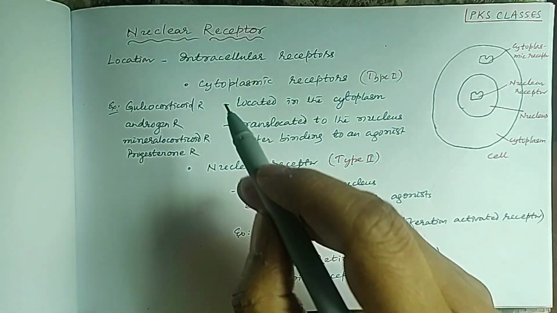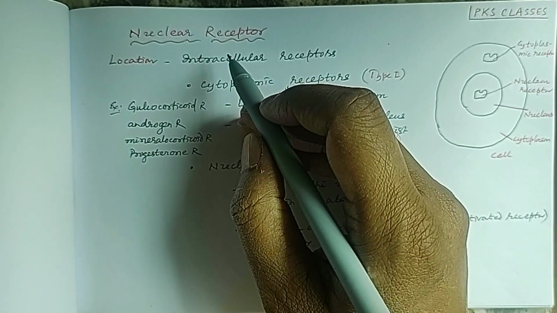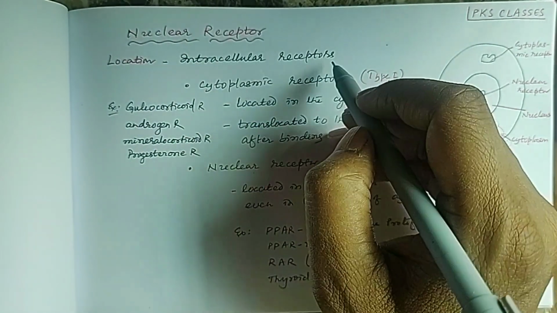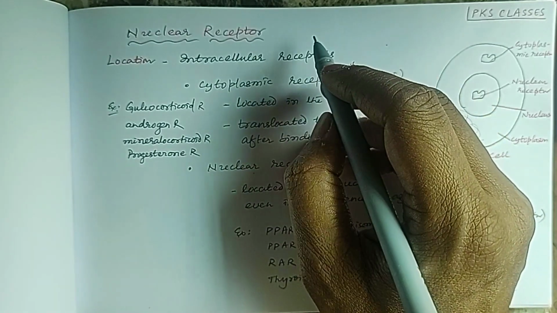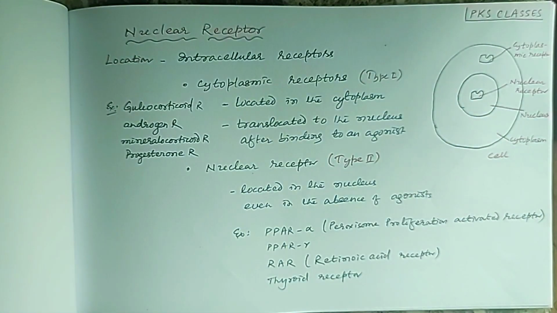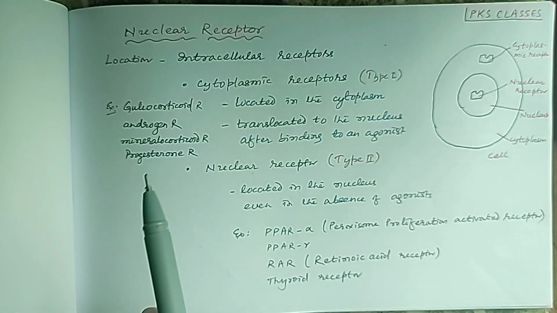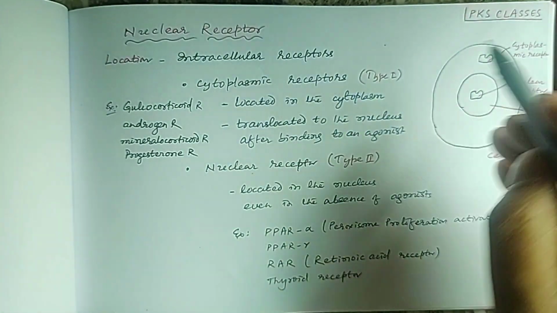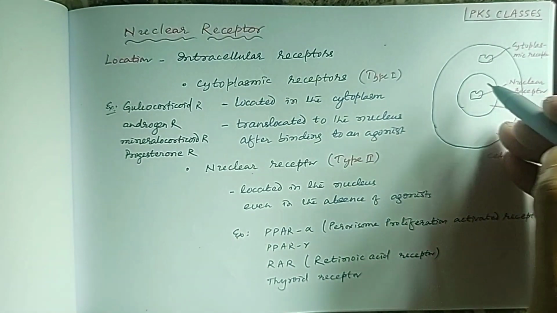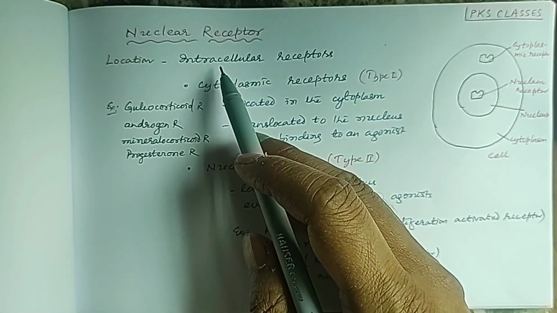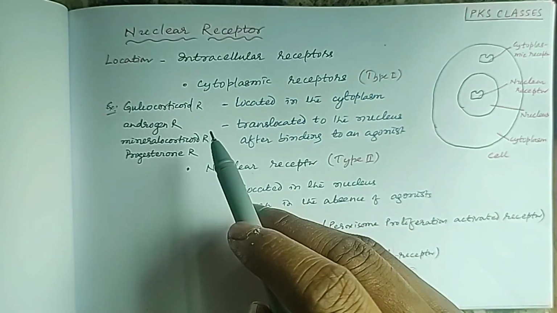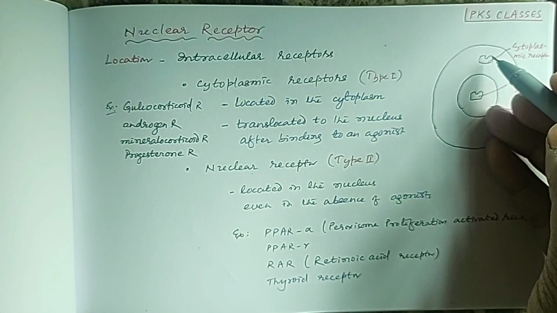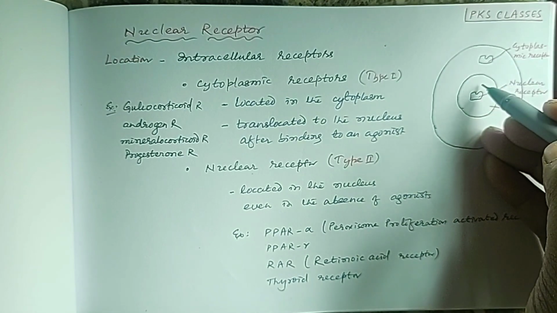Today we will study the nuclear receptor. These nuclear receptors are basically the intracellular receptors. The other three receptors, ion channel linked receptor, G protein coupled receptor, and tyrosine kinase linked receptors are located on the cell membrane, whereas this nuclear receptor is present inside the cell, hence they are the intracellular receptors, and some of them are present in the cytoplasm, and when the ligand binds they enter into the nucleus,